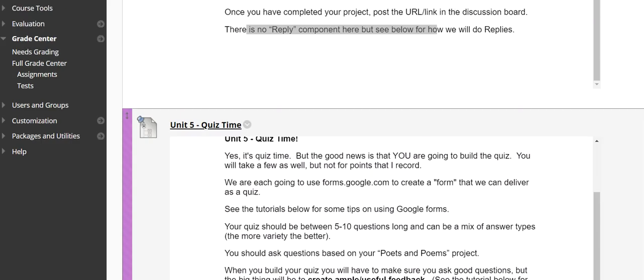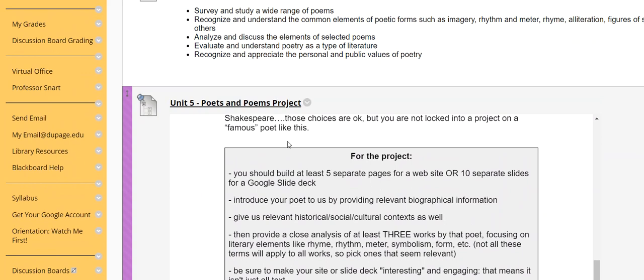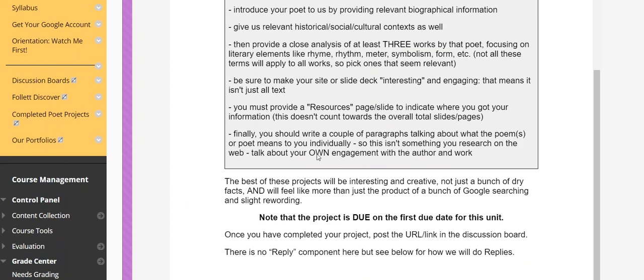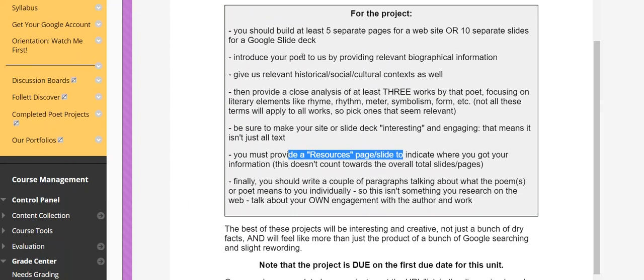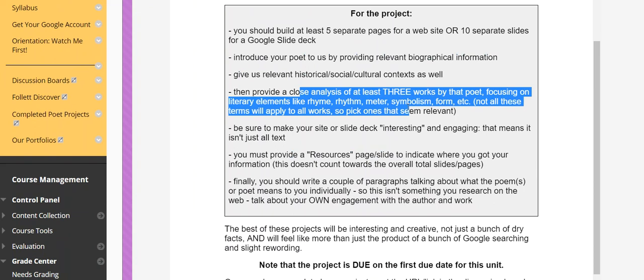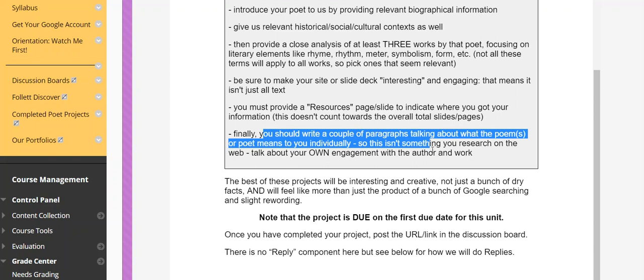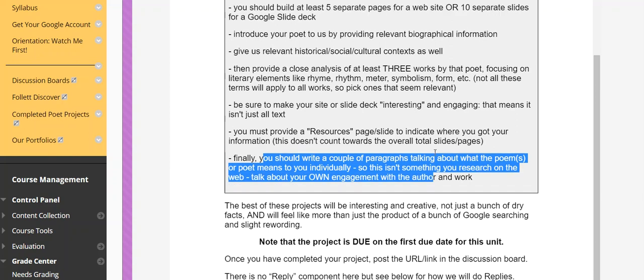The other thing that I want to mention then is that this Poets and Poems project is probably one of the most ambitious that we've done so far in our class. And you'll notice that there is substantial point value at stake here. I think it's 200, which is really, really big compared to a lot of the other smaller things that we've done. So you really want to attend to building out this project, making it meaningful, really analyzing the works, providing your resources, connecting some of the information to some of the thematic stuff or more of the analysis that you're doing,